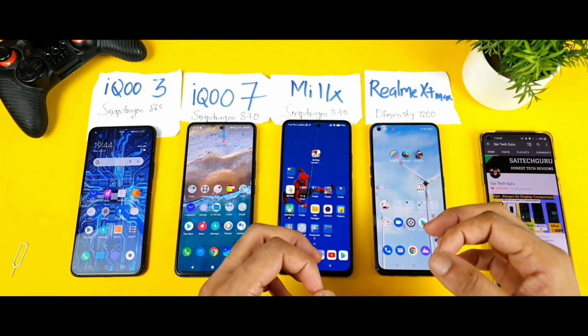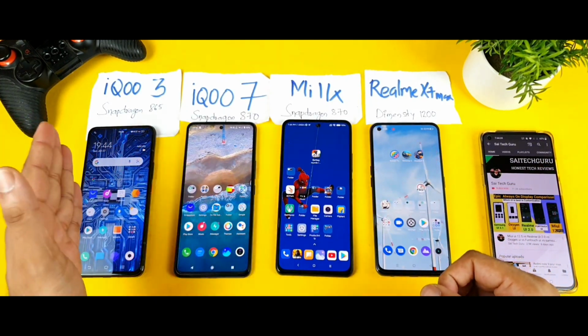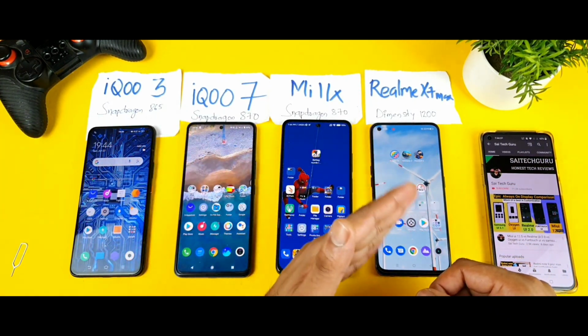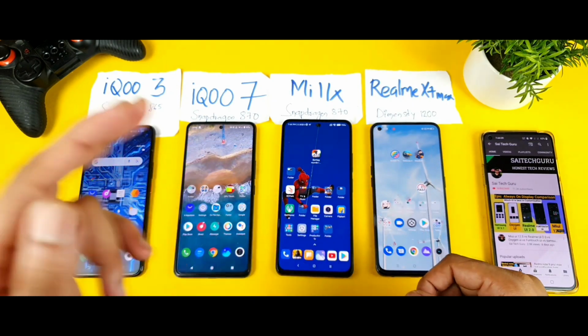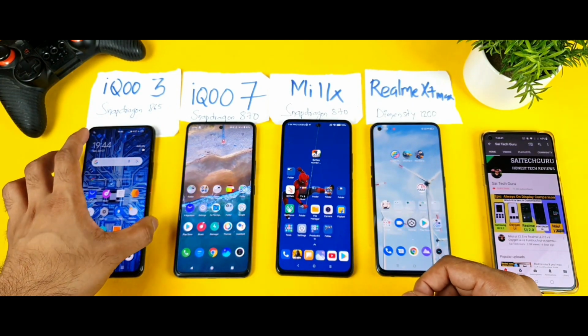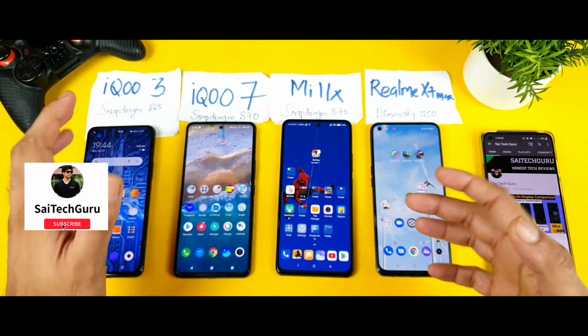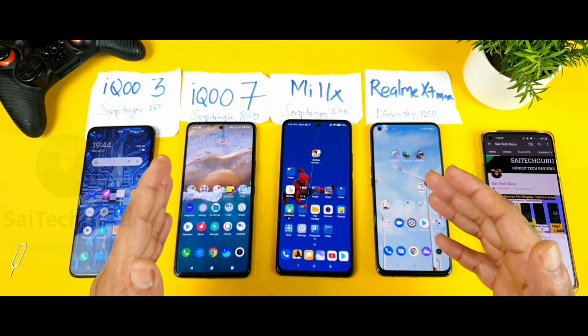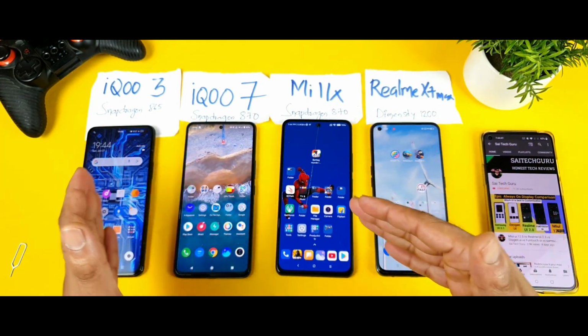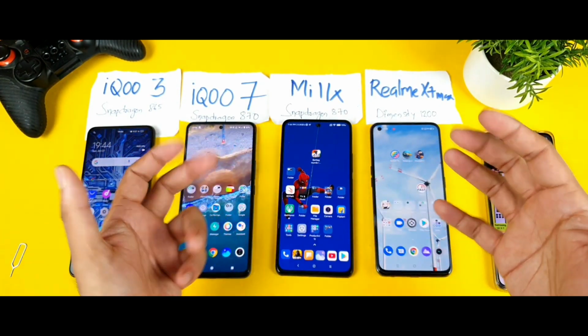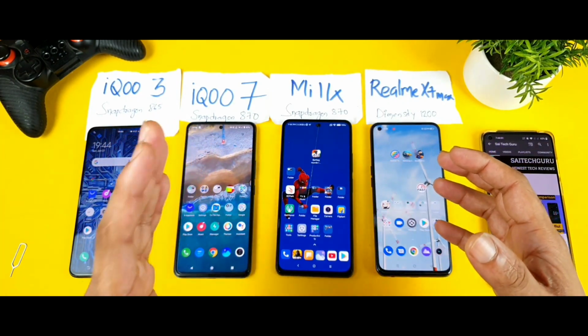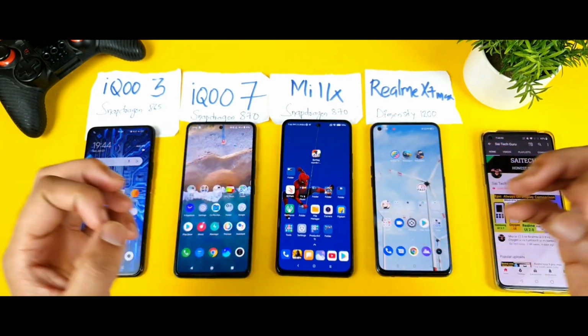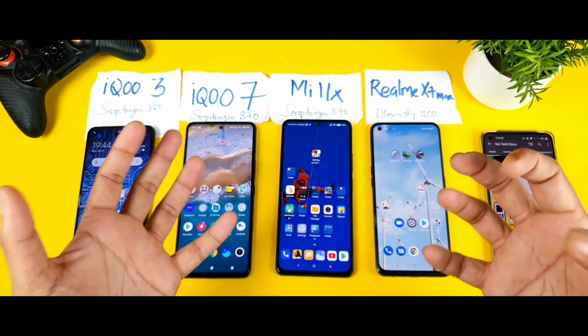In today's video we'll do a green tint issue comparison between all of these four smartphones which I have right now. As you can see friends, the new addition is the IQ3 device in my studio. So let's see whether the IQ3 has any kind of green tint or not. The only way to observe this kind of green tint is to compare with another smartphone which has a green tint. So you can compare both phones, with a green tint and without, and in this way you will be able to determine which phone has an issue.